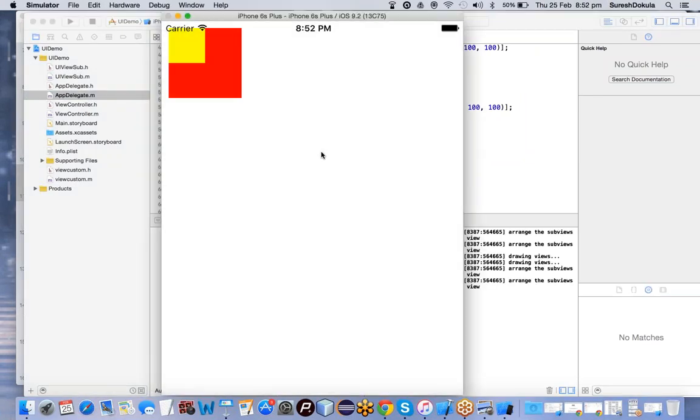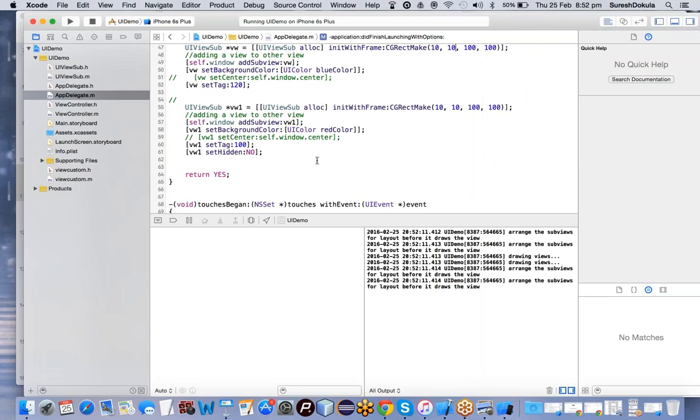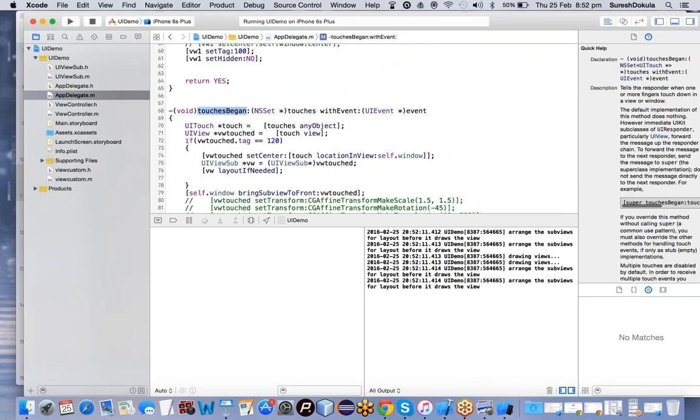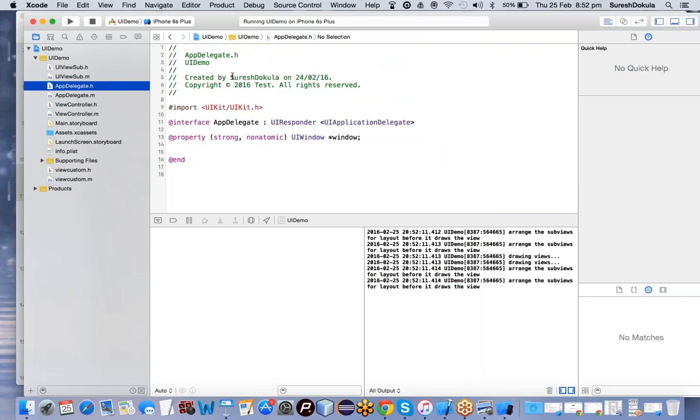Blue and red, so both are the same. The blue view is hidden by red view. So I want to bring one view to the front on tap. There are certain methods like touchesBegan, so the class UIView is a